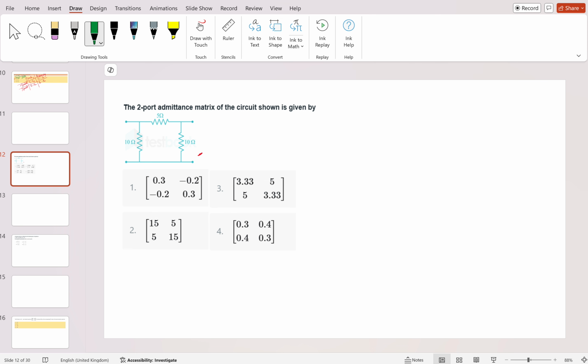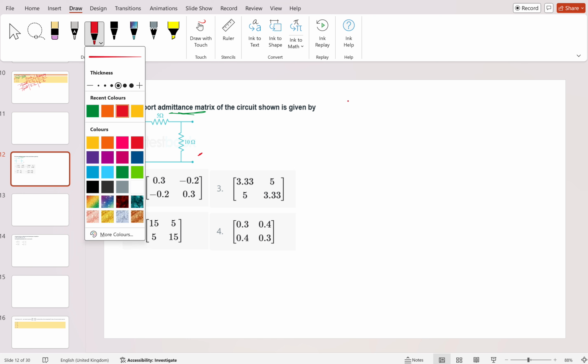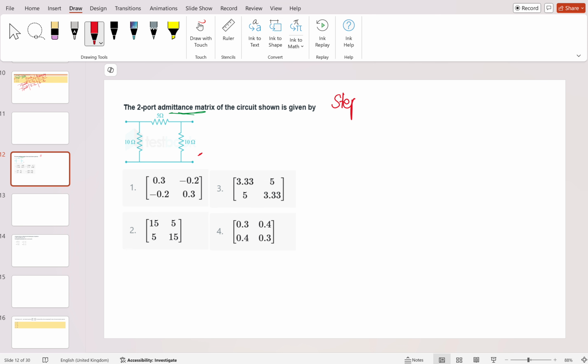Okay, let's see. Now I have to find the admittance matrix. So the important first step is, what matrix,